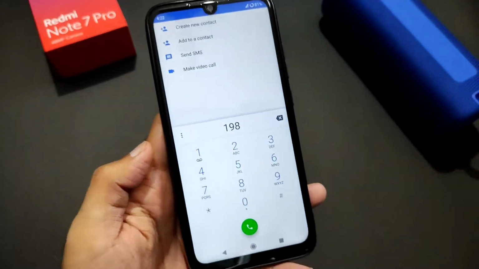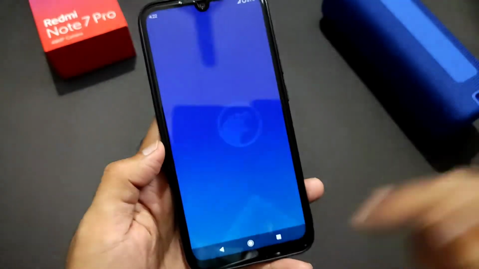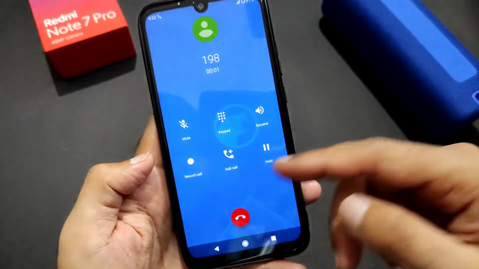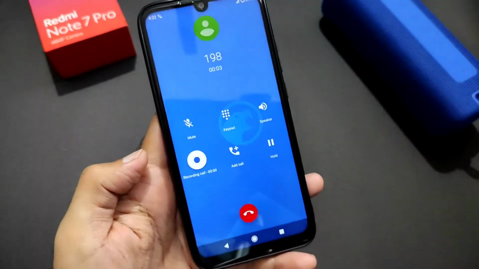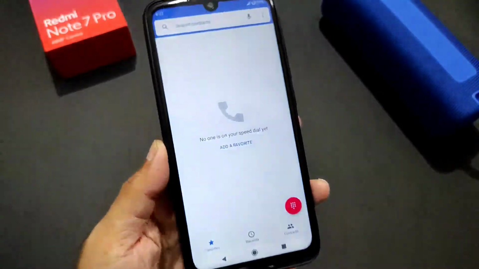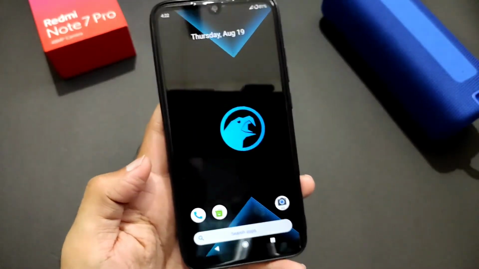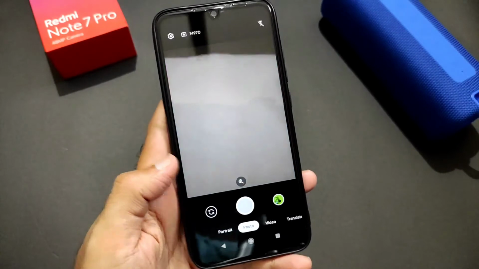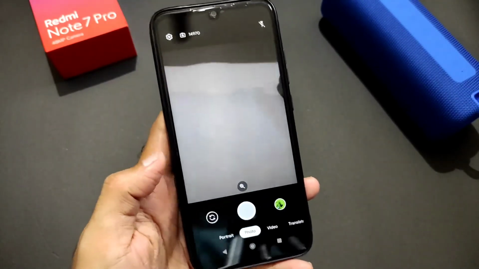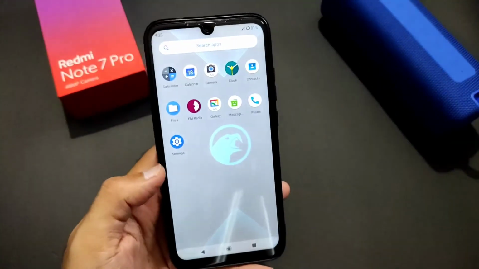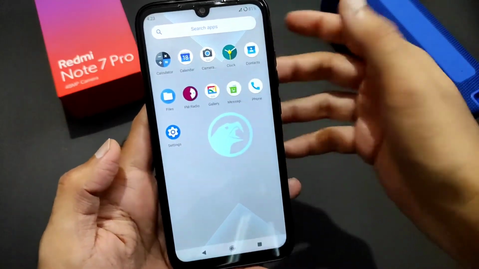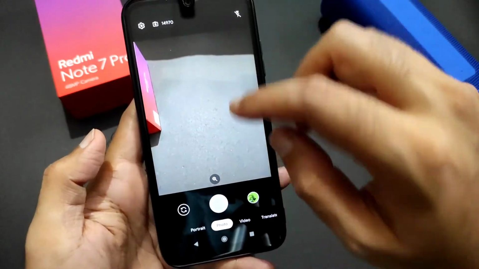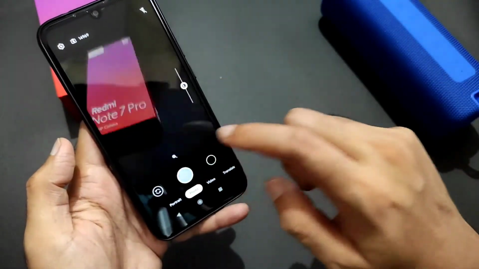You can make a direct video call from here. Let me see whether the call recording feature is available or not. Record call, as you can see, it's available. It's very good. This is the vanilla OS I'm using here. If you want, you can use the GApps version, and you get Google Go camera as a pre-installed camera in this smartphone. And you get this Google Go gallery as pre-installed, and Google Go camera is also given. If you want, you can use any other Gcams. It's working fine, as you can see.